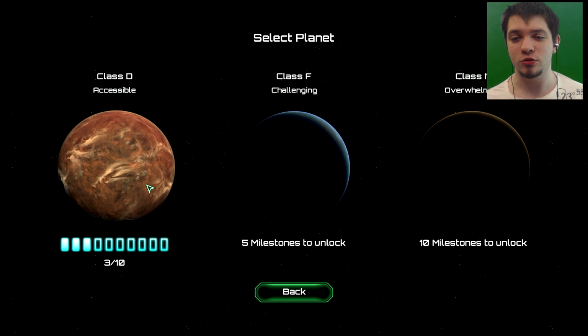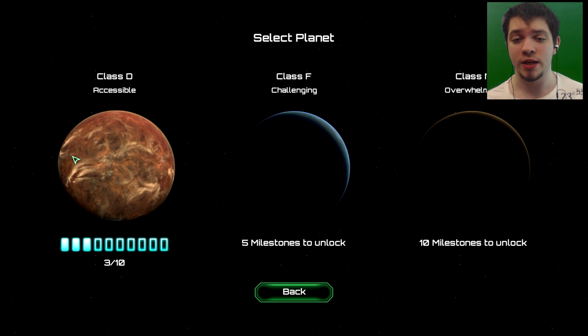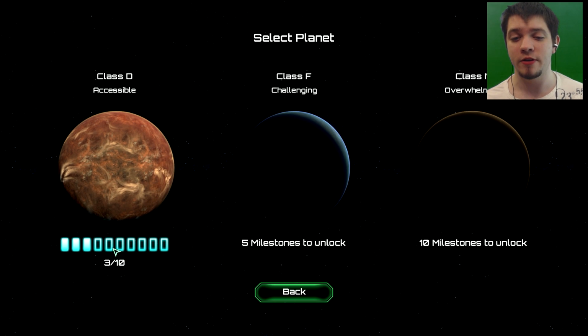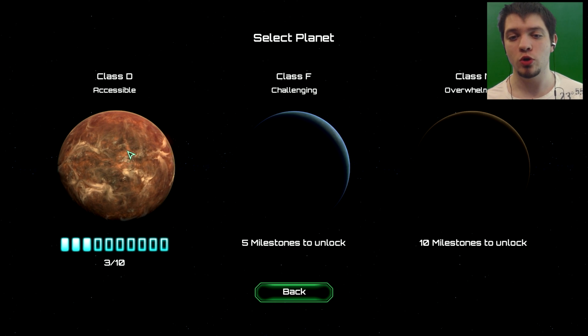You have 3 planets to choose from: Class D accessible, Class F challenging, and Class M overwhelming. We only have access to this one because I still don't have 5 milestones. You need to have 5 milestones to unlock this one and 10 milestones to unlock this one. These milestones are something you do during your visit on the planet. You have to collect enough people, you know, those kind of milestones. So once you have 5 of them, you can play on this planet, but we're going to obviously play on